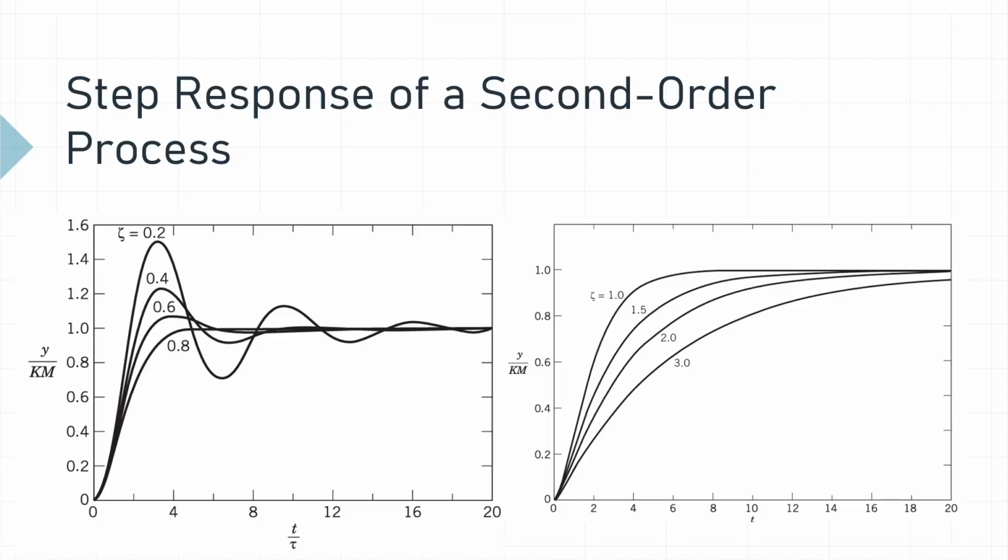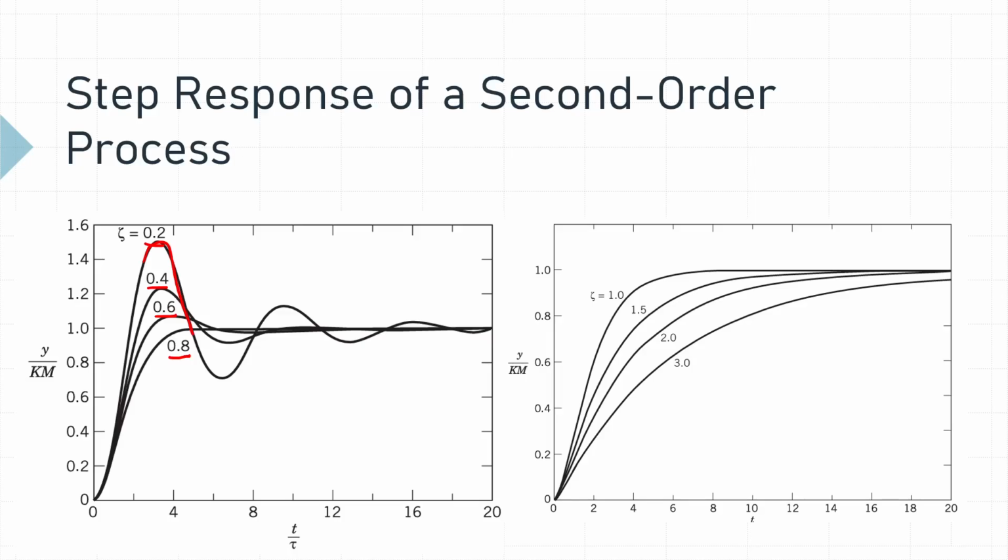For example, number one, responses exhibit a higher degree of oscillation and overshoot as zeta approaches zero. For example, as a point of reference, you notice from 0.8, 0.6, 0.4, and 0.2, the closer the zeta is to zero, the higher the degree of oscillation. You can kind of trace the curve right over here. The closer it is to zero, the higher the degree of oscillation and overshoot, which we will define later further.